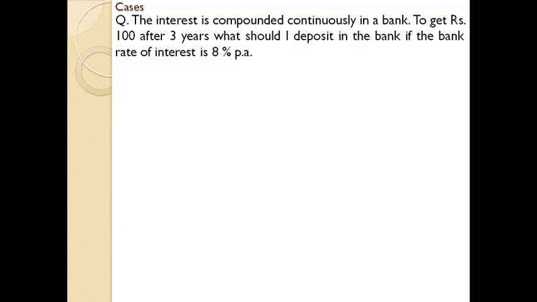Okay, I hope you understand the concept. Here in this case, you need to find P. So let's extract the details given in the question. Here A equal to 100, because if I deposit a certain sum of money, by the end of 3 years I will get 100. So you need to find the amount which I should deposit previously to the third year. Next, R is 8 and i is equal to 0.08, that is 8 by 100. And n equal to 3, and you need to find m.